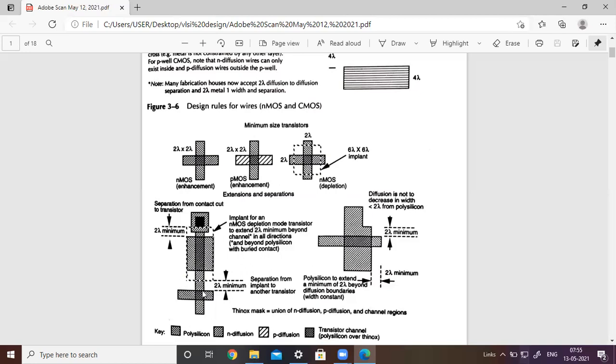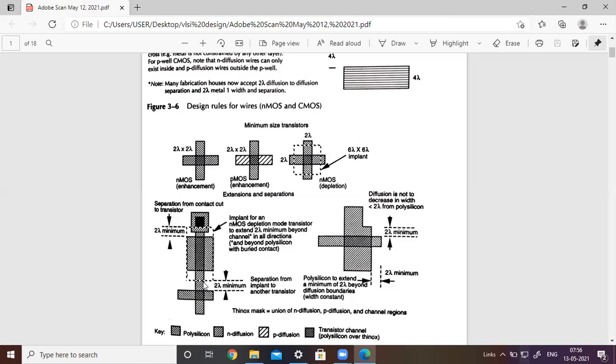The separation from the implant to another transistor cannot be less than 2 lambda. It must be a minimum of 2 lambda, maybe any value: 3 lambda, 4 lambda, 5 lambda.